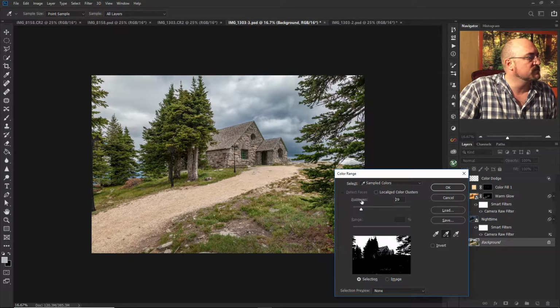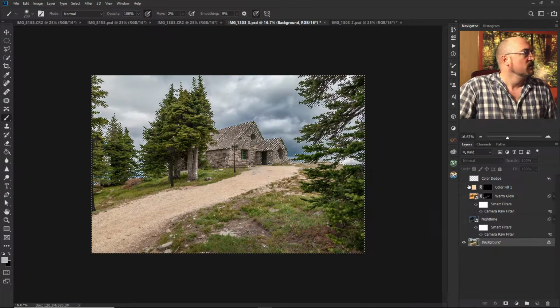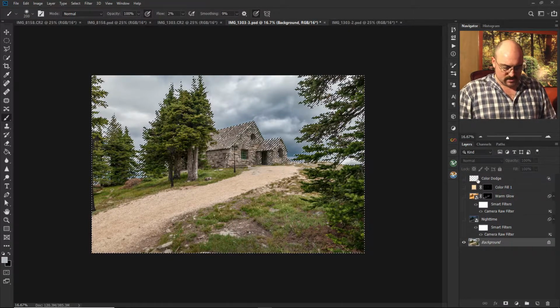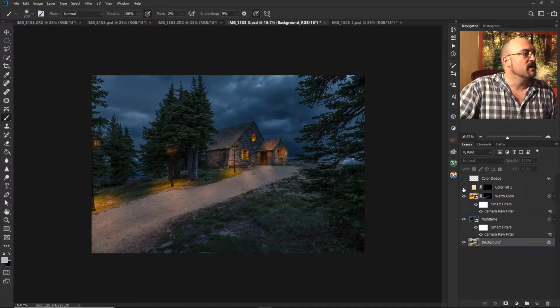I'll adjust the fuzziness just a bit because I want to try and get as much of it as I possibly can without getting the rest of the landscape. But I definitely want to make sure I am not getting any of that sky because I'm going to invert it right here. So now we've inverted it, and we are going to hide the marching ants by hitting Control H, and we're going to pull back up all of our layers that we've done,